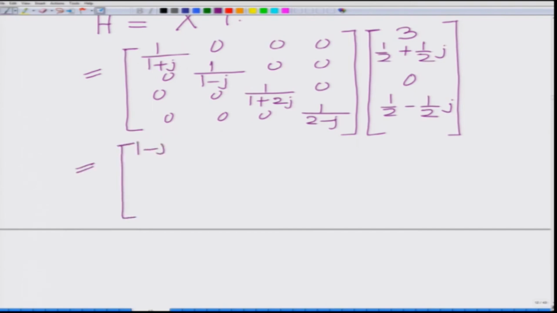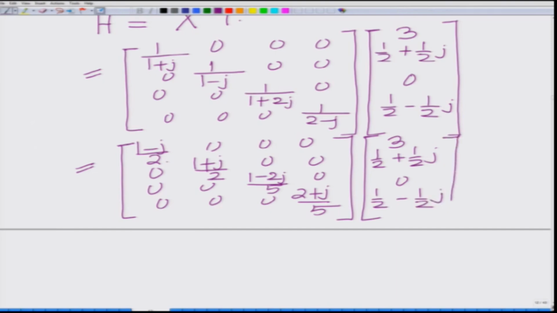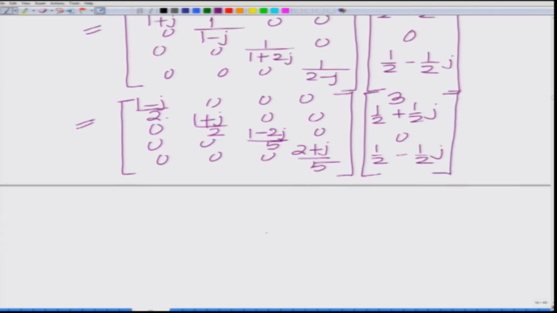This is 1 minus j divided by 2, 1 plus j divided by 2, these are the diagonal elements I am writing, the rest of the elements are 0 anyway, 1 minus 2j divided by 5, 2 plus j divided by 5, 0, 0, 0, 0, 0, 0, 0, 0, 0, 0, 0, times 3 half plus half j, 0, half minus half j,